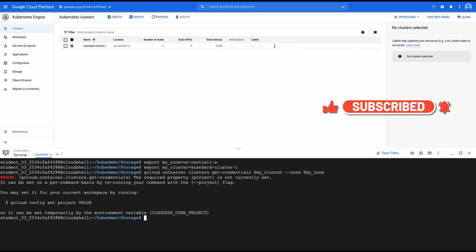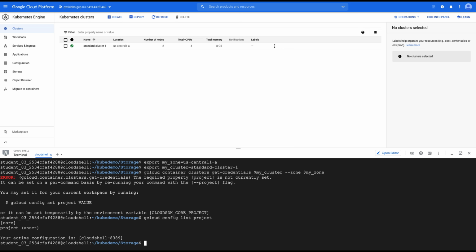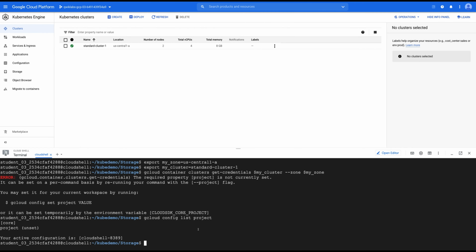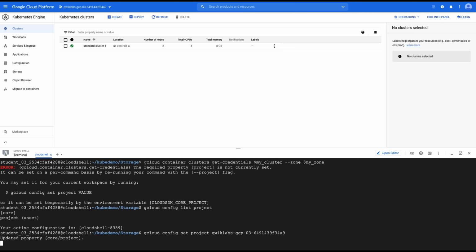To do that, let's run gcloud config list project, and it's going to give us details. Nothing is set, the value is not set here. So I'm going to set that project ID, and you can copy this project ID from the console and fire this command: gcloud config set project and the ID.